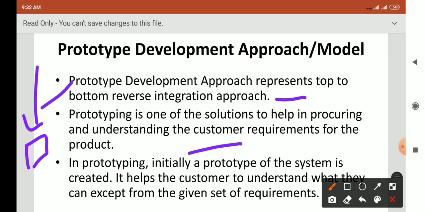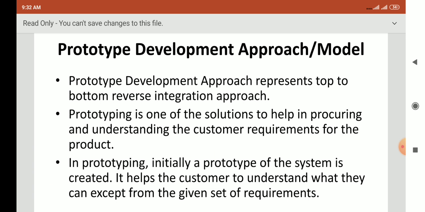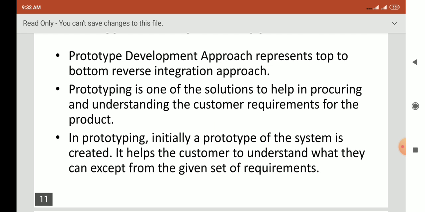In prototyping, initially a small prototype of the system is created, and it helps the customer understand what they can expect from the given set of requirements. Depending on the requirements, the developer team designs a small model, and from that model the developer gets to know whether the system is right or not. So again, this is the top down approach.